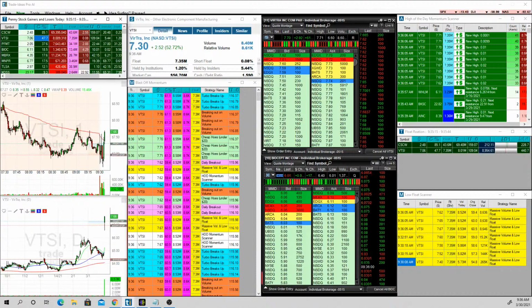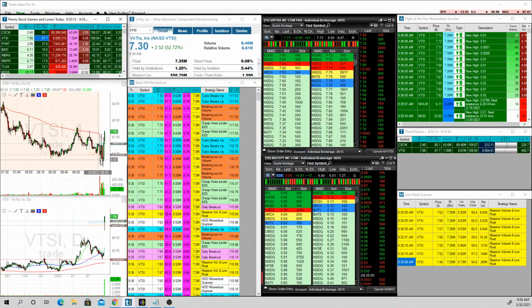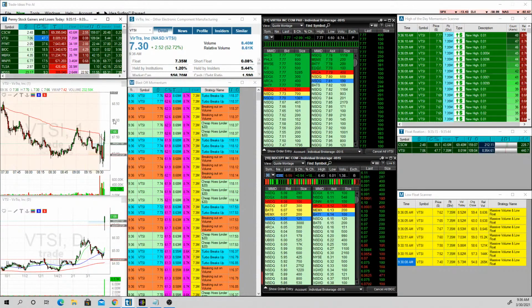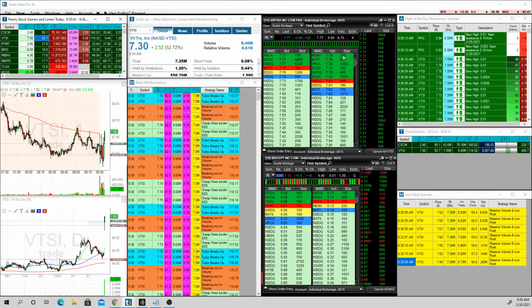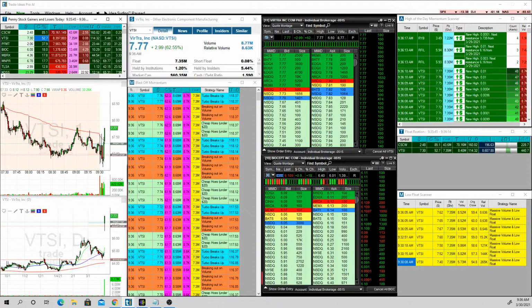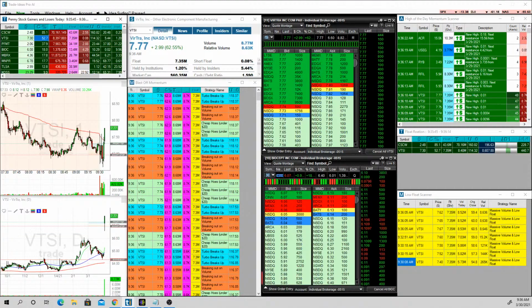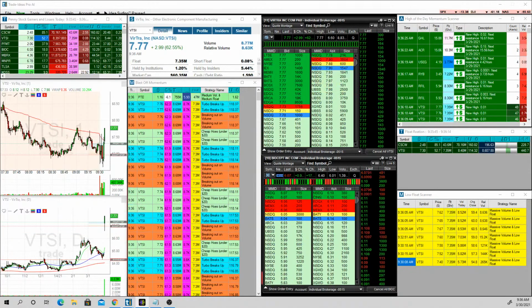And there we go. There's a new high right there. Just as it looked dead, looked absolutely dead right there, was just near the lows. All of a sudden, looks like it just swiped on up and now halted here on VTSI. So, all right, VTSI, very trappy there. Looked dead, all of a sudden a swipe, now halted. But again,